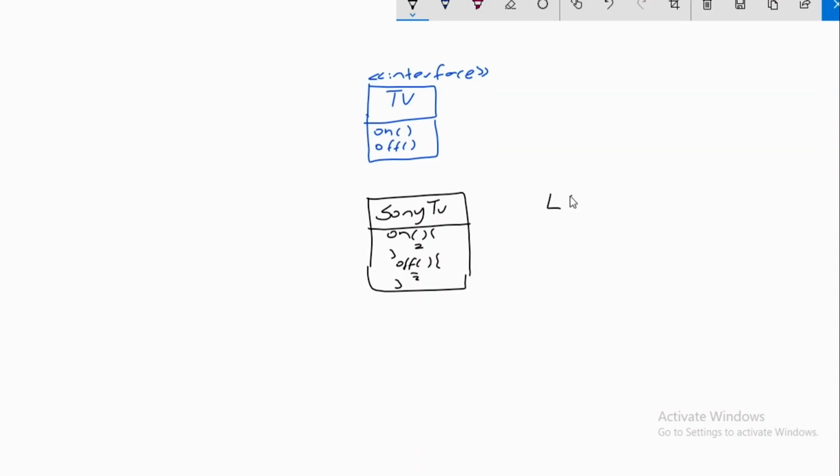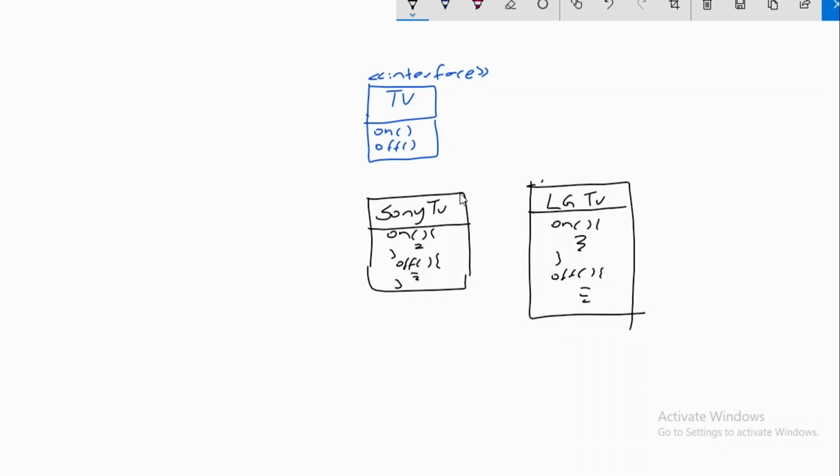And there is another TV called LG TV. Here you have to implement the on and off operations in a different way. So you are going to use implements.